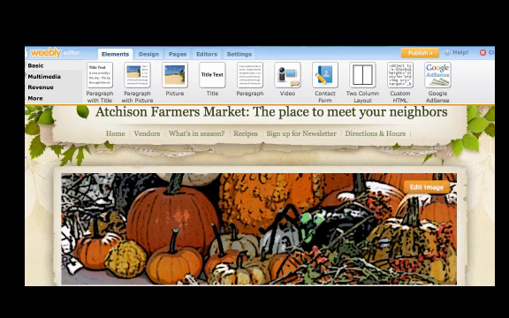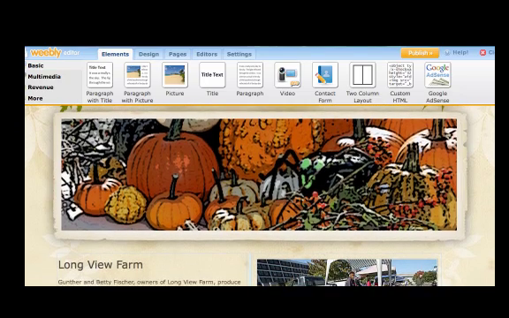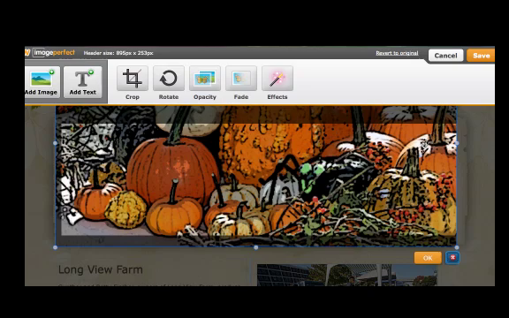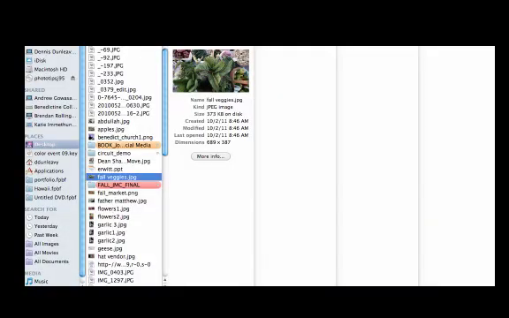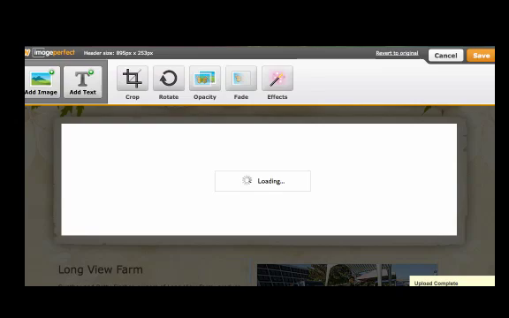Let's say, for example, if you wanted to have a different image on, we'll say, Longview Farm, if you think this isn't festive for your page, we can easily change that. All we have to do is just click on this image right here for your banner, click on the red X. Okay, we'll do fall veggies here. So if you want to have veggies on your vendor page,